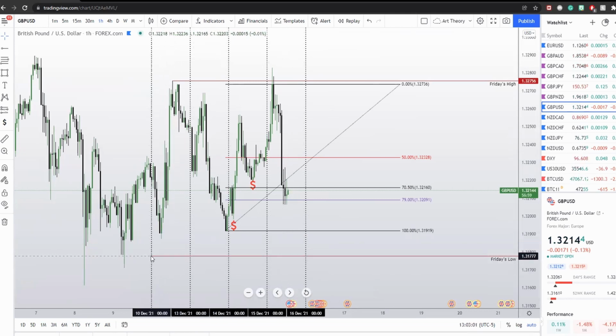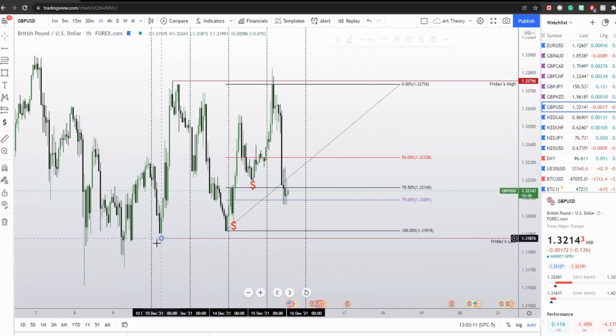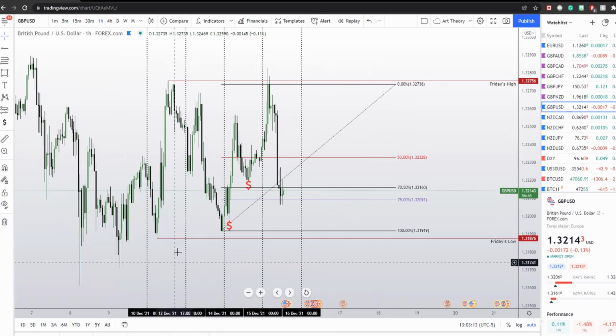Probably going down to like the 317 area, right? Maybe run through this, and we'll see what happens then. But just for now, this is the Friday low, right? I want you to remember that. This is the level that it could definitely reach, and I could definitely see it coming down into before even going higher. All right, so this is a good way for you guys to frame your setup,